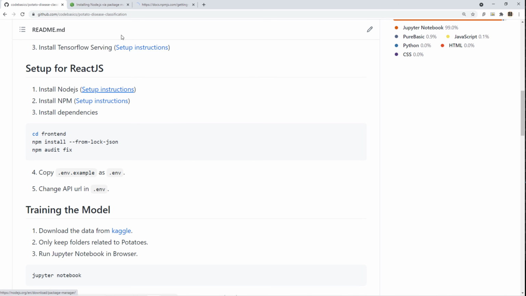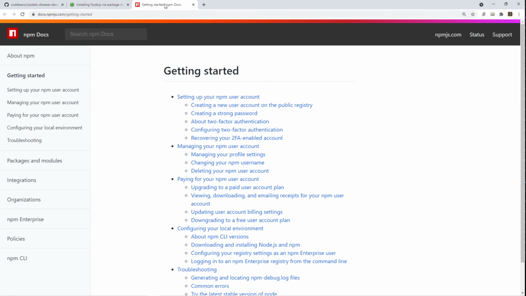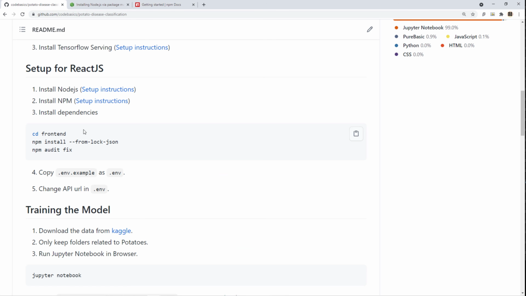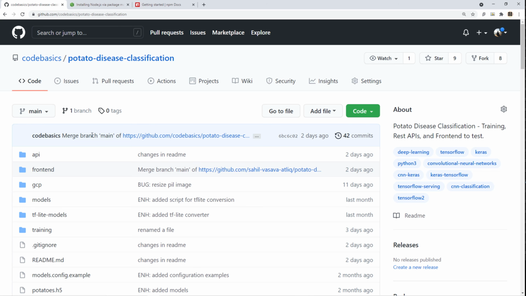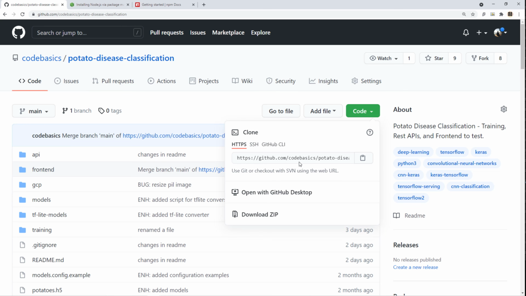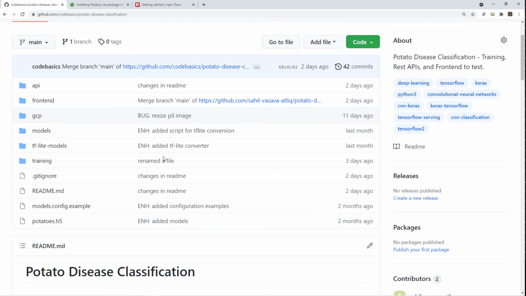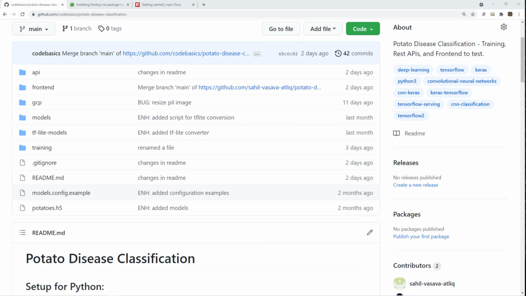The second thing you need to install is npm. npm is more like pip. You can install any JavaScript module by saying npm install. So install npm as well on your computer. Then you need to clone this repository locally on your machine. So I have already